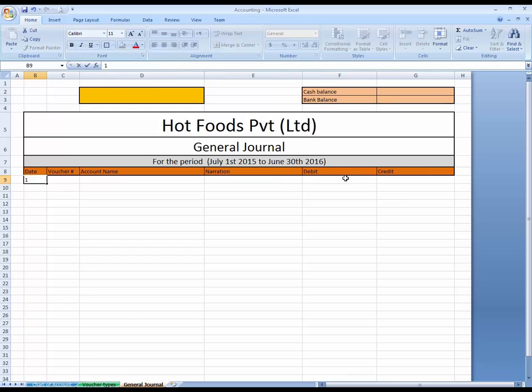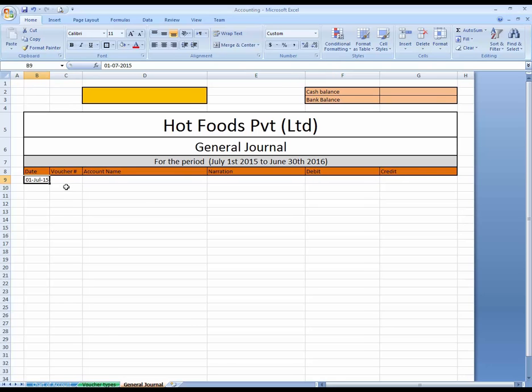Suppose 1st July 2015, and here we will write voucher number. I'm going to create a field over here.